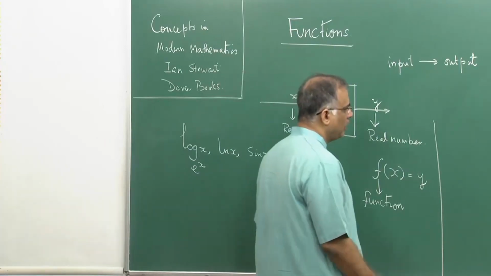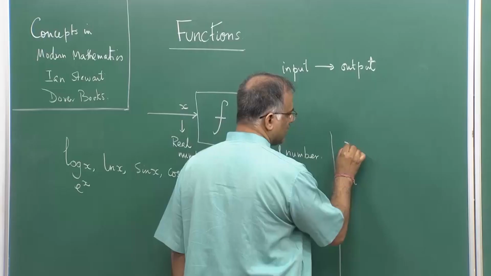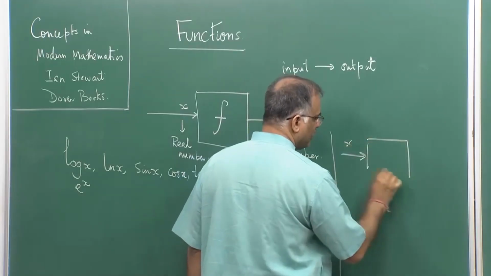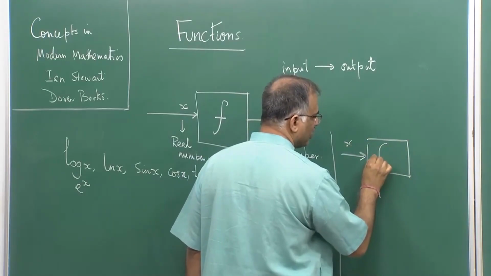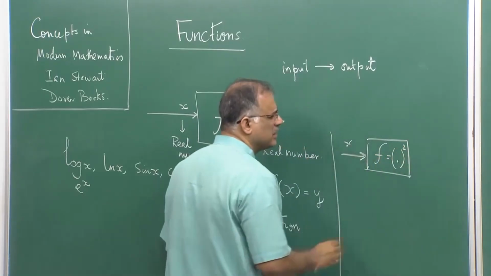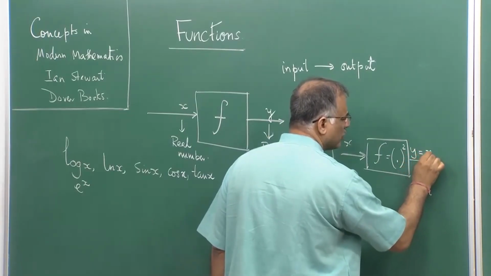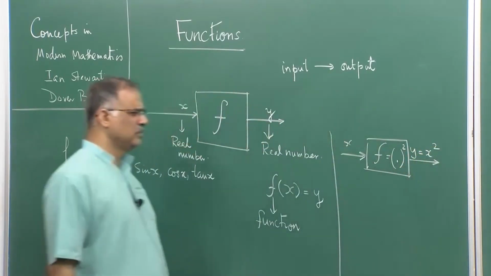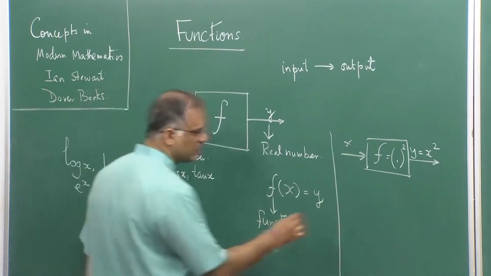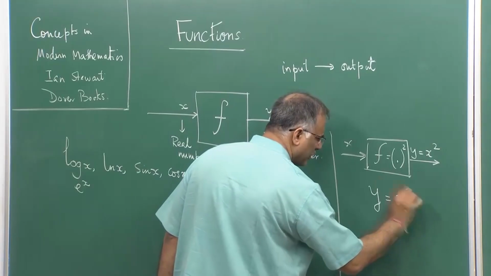For example, I say okay, I put in an x and this machine is the squaring machine. So, whatever number you put in, it squares it. So, out comes the output x square. So, this can also be expressed as y equal to x square,